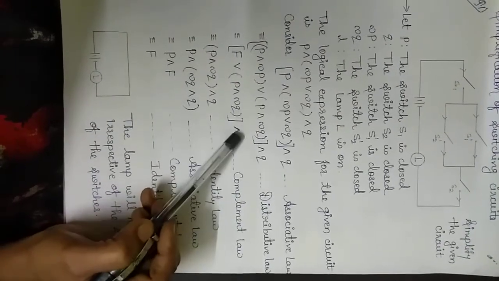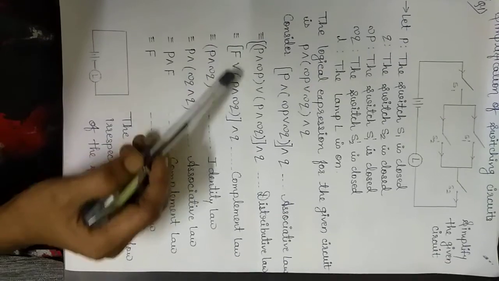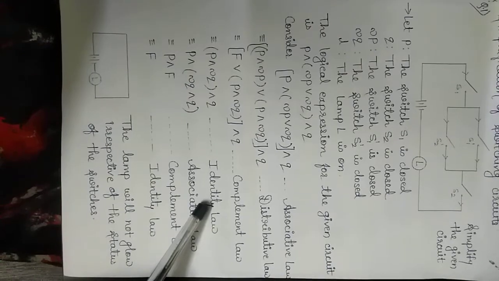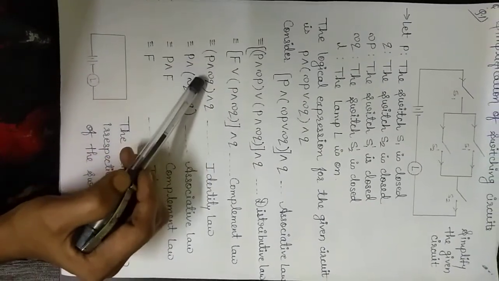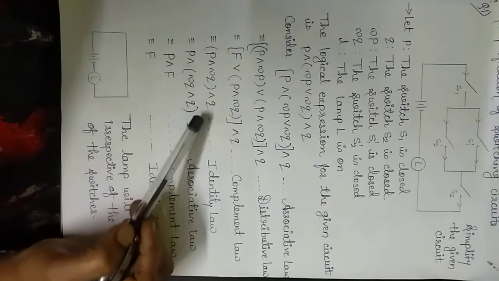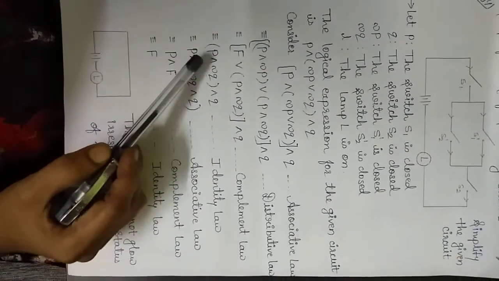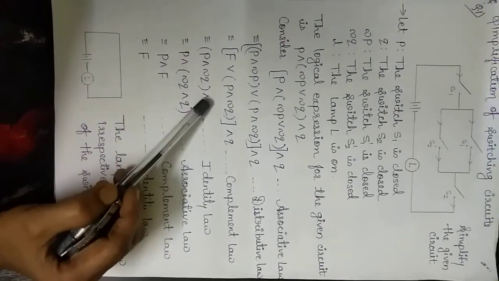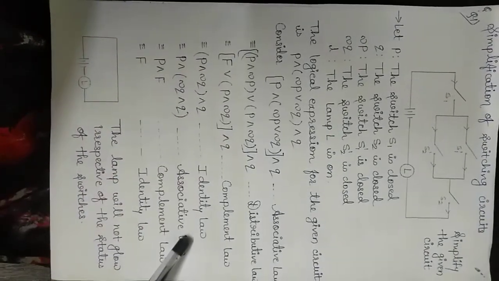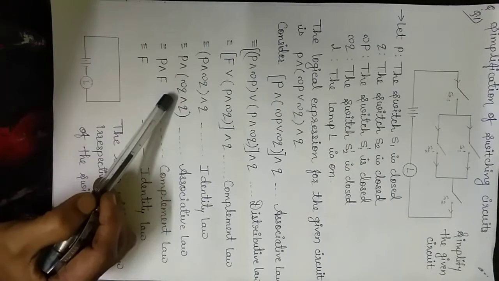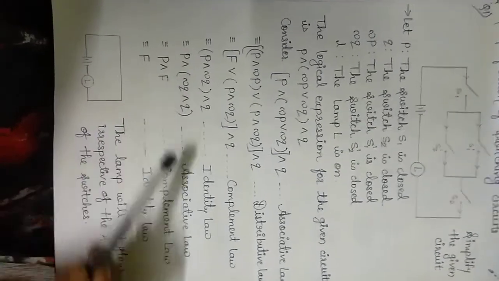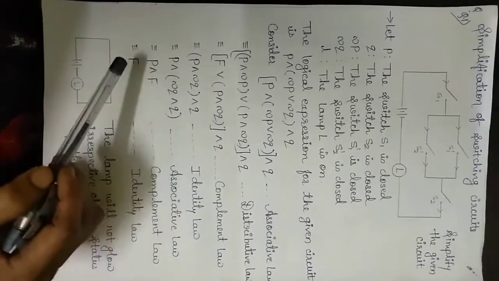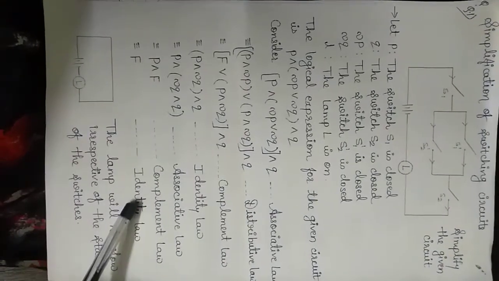Remaining term will be as it is. Now F or statement, answer is statement, and that is called identity law. So here we will write (P and negation of Q) and Q by using identity law. Now here again if we use bracket for these two statements, then we can call this associative law. Now negation of Q and Q will give us false by using complement law. Now statement and false, answer is false. That is the concept of identity law.